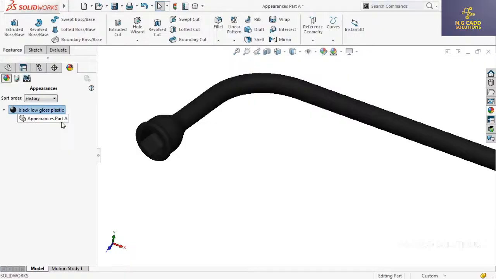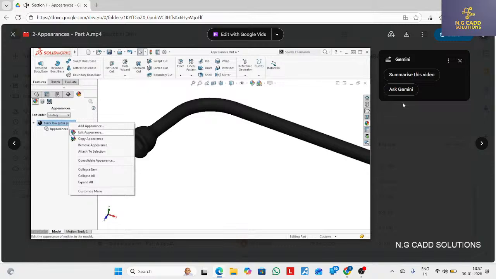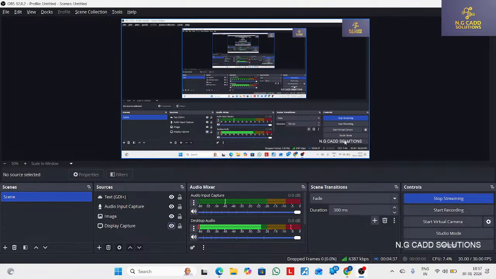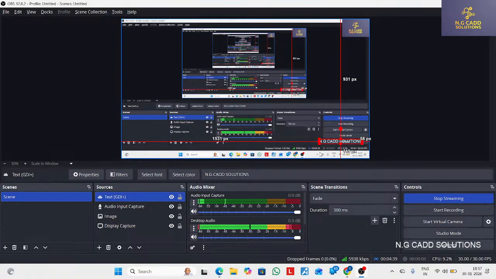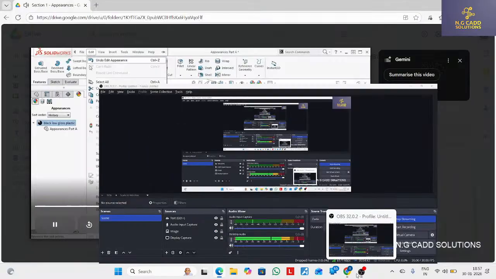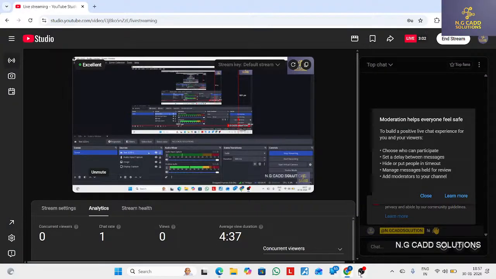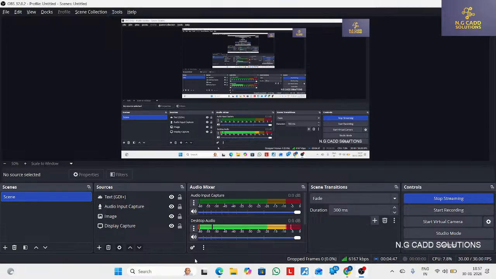Now, for example, let's say that I wanted to change this appearance. Well, I can do this in several ways. To edit the appearance, I can go to the Display Manager design tree, right-click the appearance, and select Edit to change the material. Or, with the appearance selected, I can launch the Appearance Editor again to replace and override any existing appearances. Remember to first